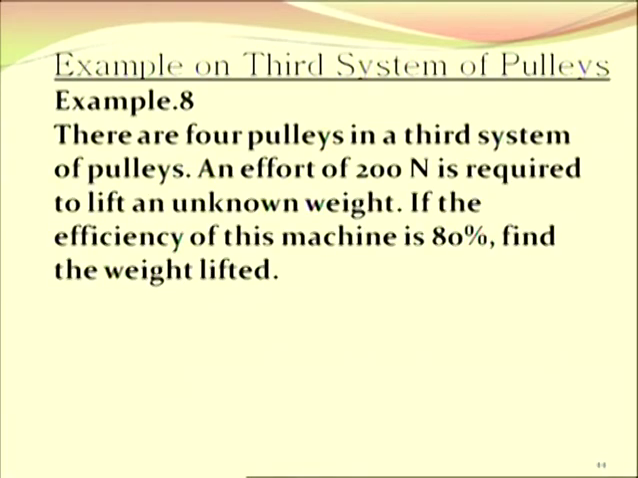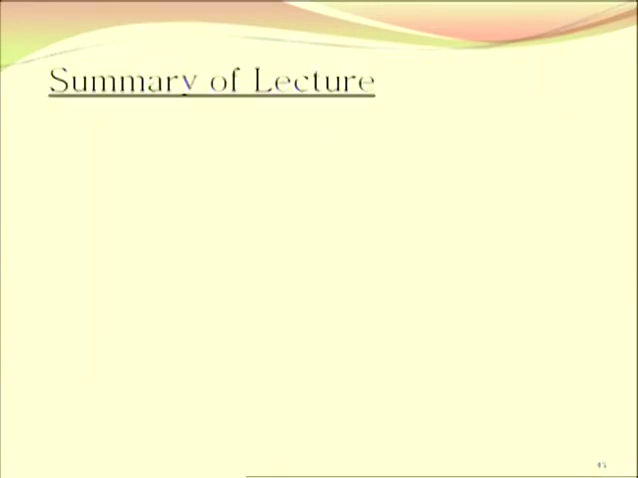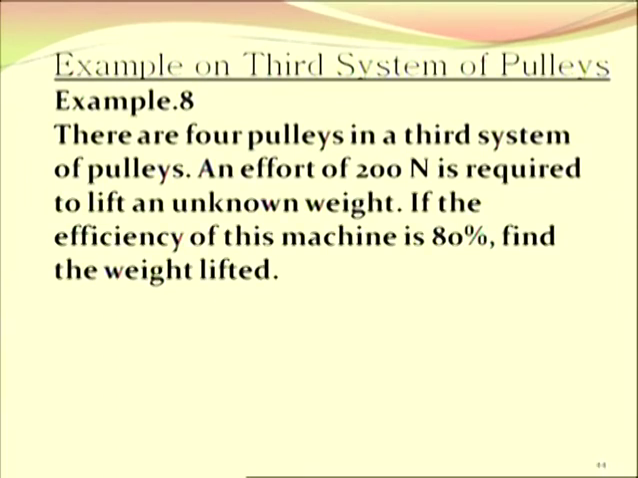Now take another example. There are 4 pulleys in a third system of pulleys. An effort of 200 Newton is required to lift an unknown weight. If the efficiency of the machine is 80%, find the weight lifted. So for that purpose we can say that now solving on this paper,